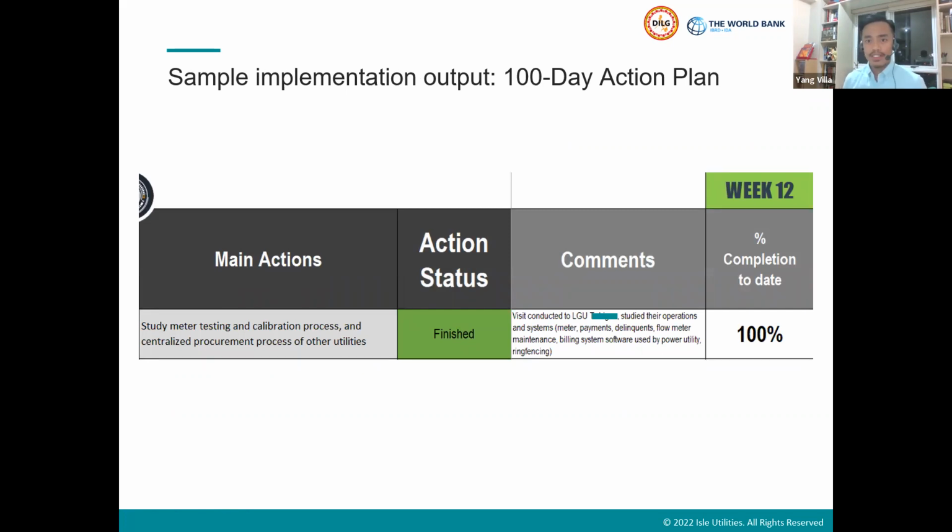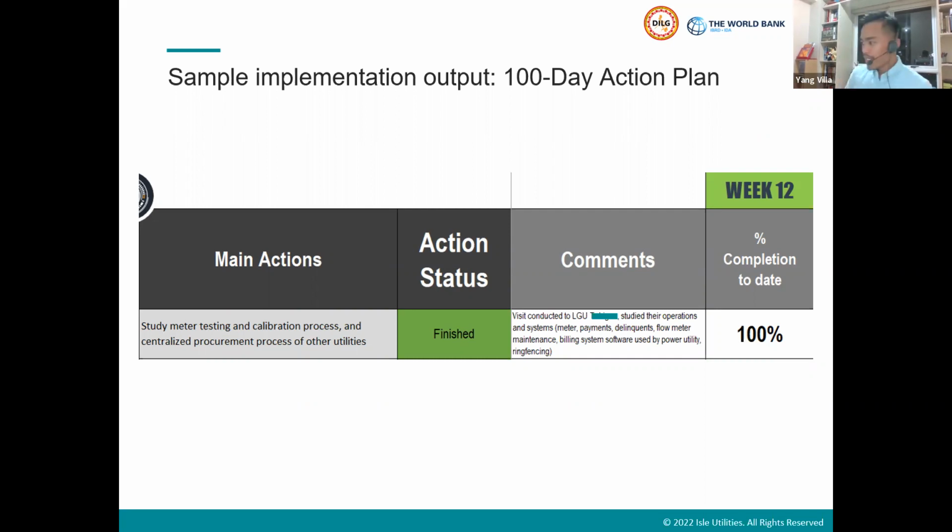After we help the utilities develop their action plans, we then help them implement their 100-day action plan. So this is about 3.5 months of continuous monitoring, coaching, and guidance for the utilities. This example is just lifted from the previous slide, which is studying meter testing and calibration process. And this utility has completed this action item within 12 weeks, which is the prescribed 90 to 100-day action plan